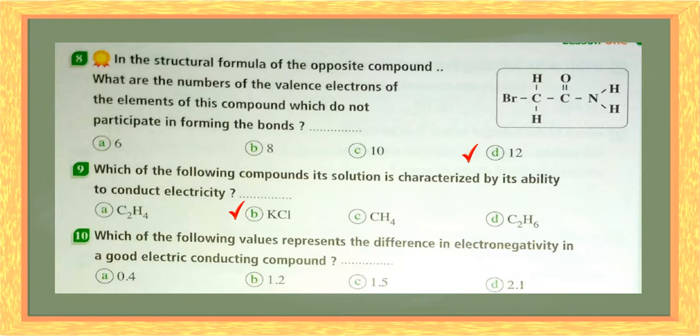Which of the following values represents the difference in electronegativity in a good electric conducting compound? Okay, from 0 to 1.7 we have the covalent bond. Any number greater than 1.7 will be an ionic compound, and it will be a good conductor of electricity. So the right answer will be letter D. All these others belong to covalent compounds. So we are going to